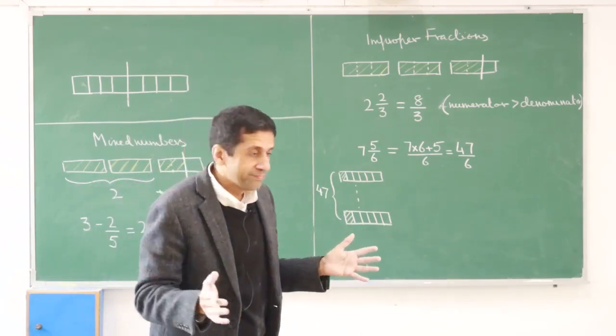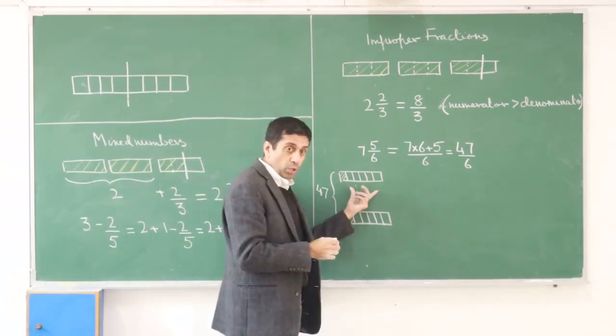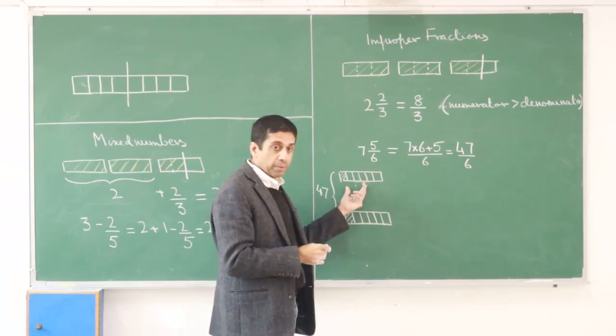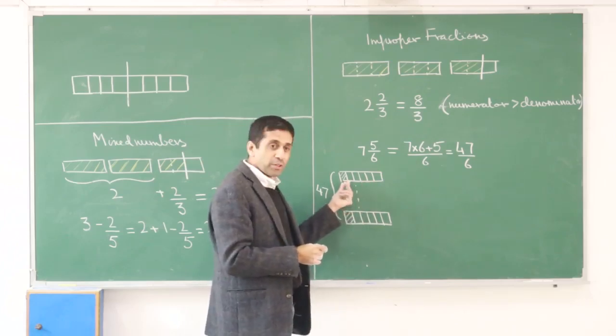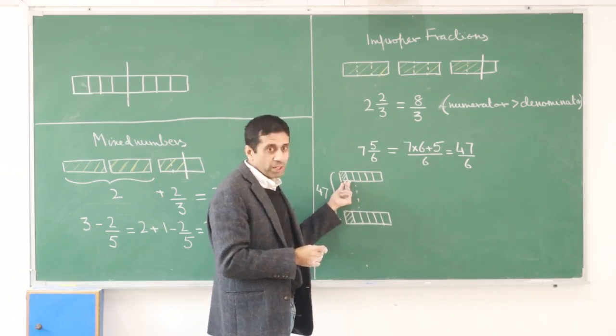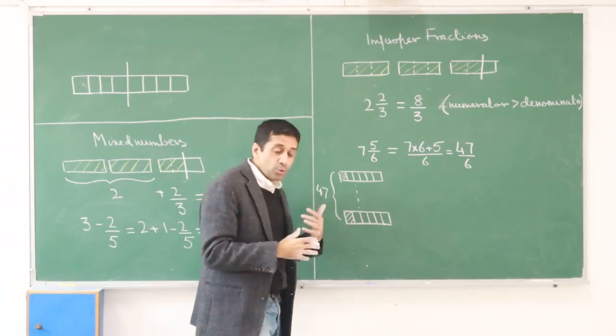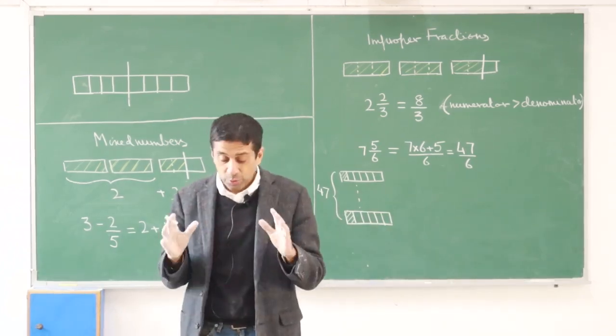What's a whole? Is this the whole? So if this is a whole, I take a whole, break it up into 6 equal pieces. That's good. And now I have to take 47 of these. Well, I only have 6 pieces. I can't give them, right? So now what you have to do is you can do it in